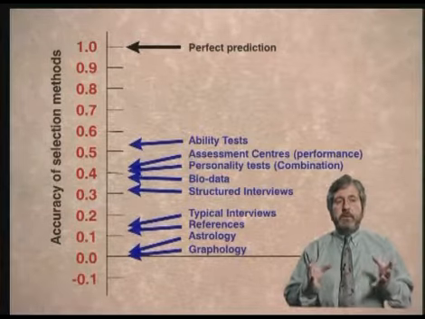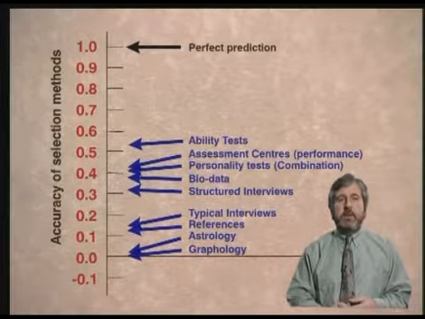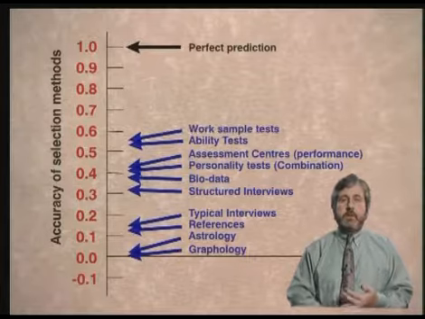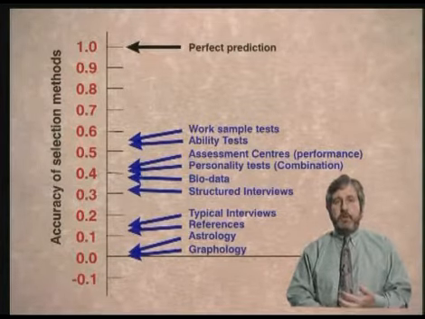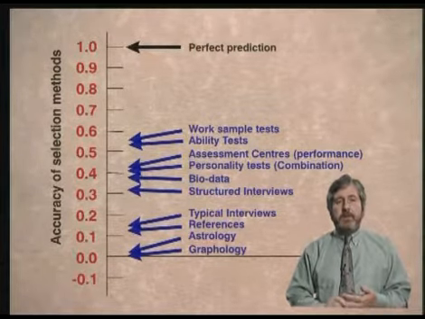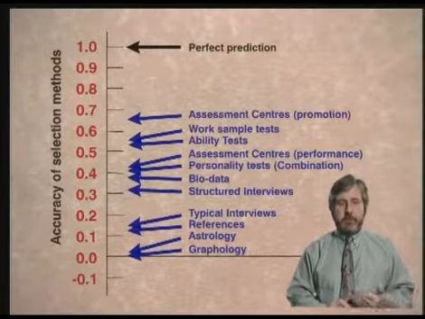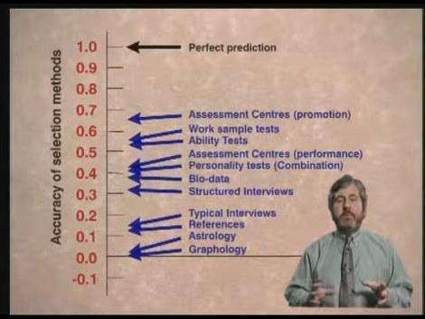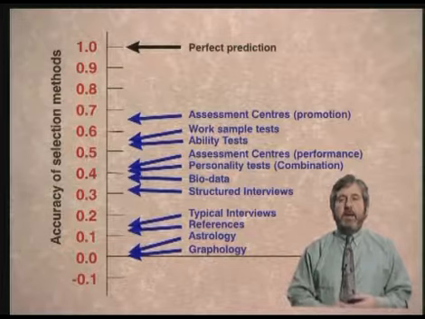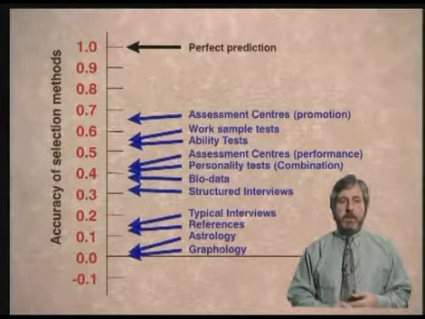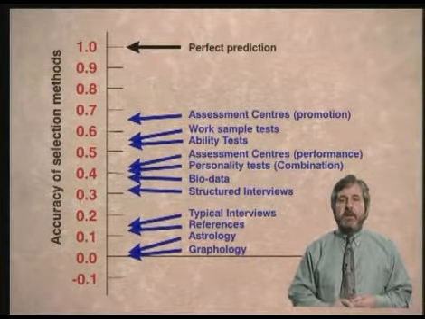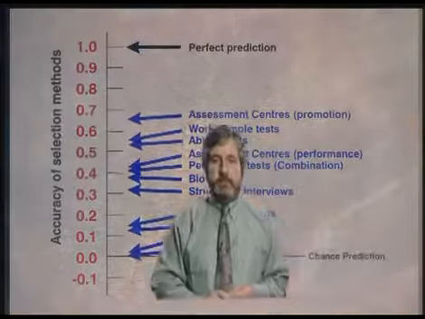As we go up the scale, and we're into the very high levels of work prediction now, we have work sample tests where the person has a trial on the job, as it were. And finally, we come to the assessment centre, similar to the previous one I mentioned, but where the person's already an employee. So you have evidence of their work capability to add to the understanding derived from the event itself.